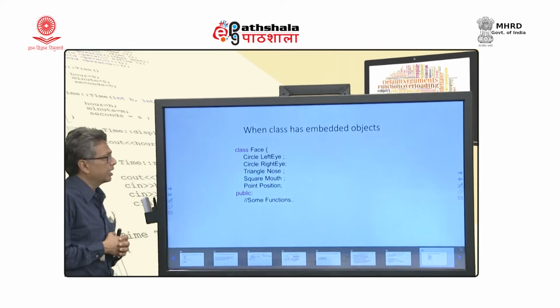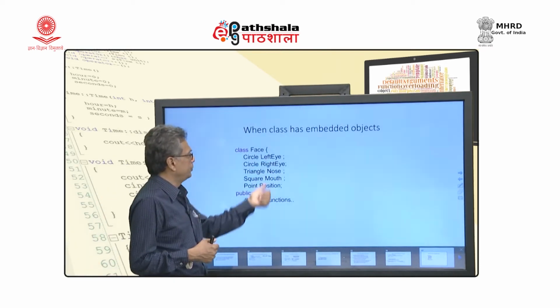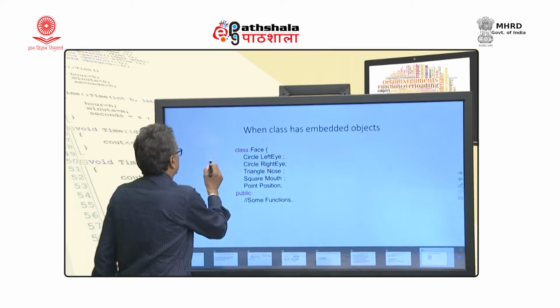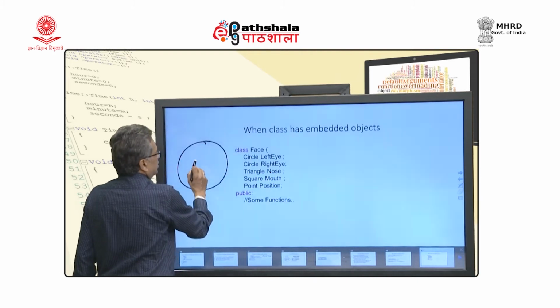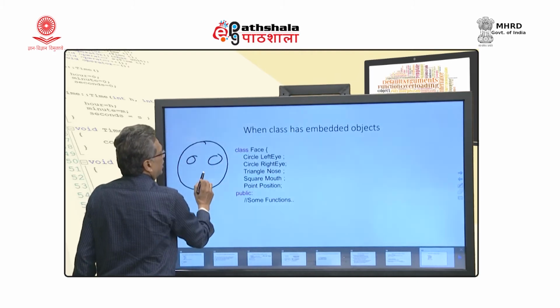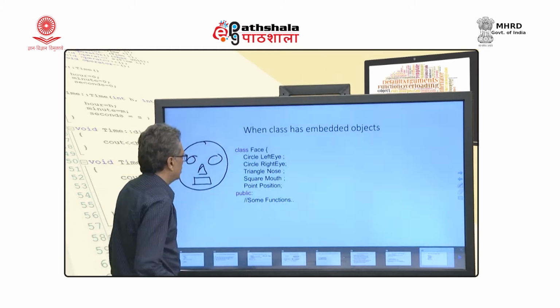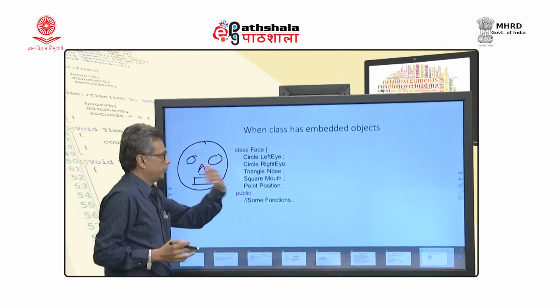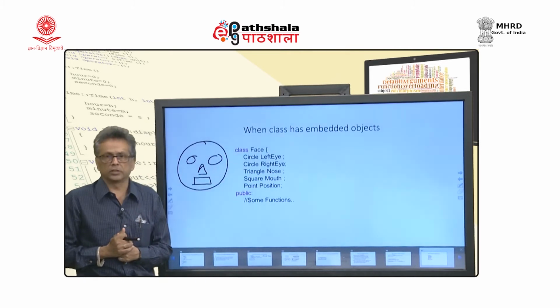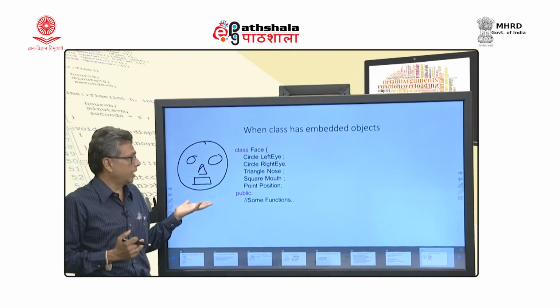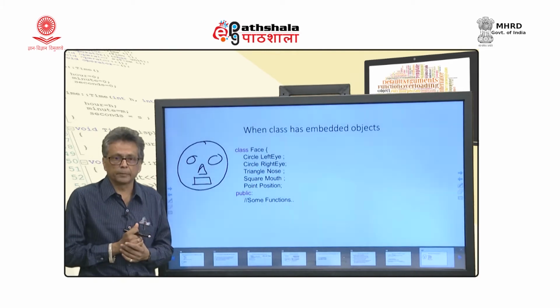The second case is where a class contains some objects. For example, I have a class called face, which has left eye, right eye, nose and mouth, and wherever it is to be positioned, so we have a point object. You can see that I am using a graphics library to draw a face.